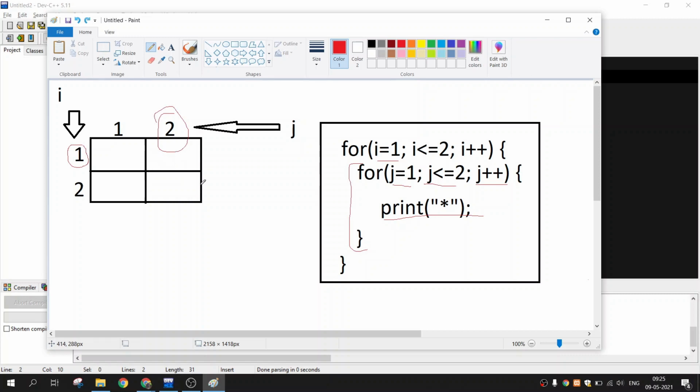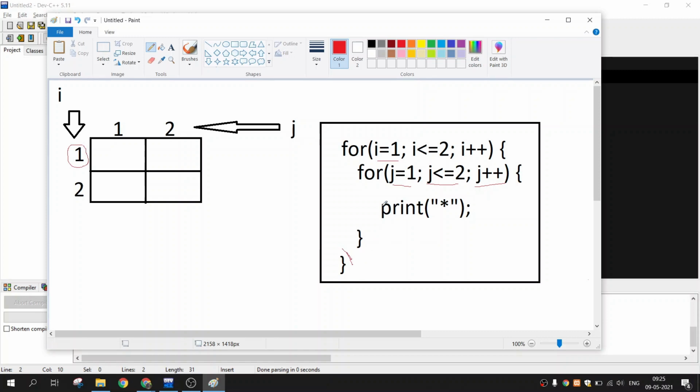After that the pointer comes here, and after completion of this block it increments the value of j again. The existing value of j is 2, so it becomes 3 now. Again it checks the condition, 3 is less than or equal to 2, no, this condition is false, so this block is not executed.